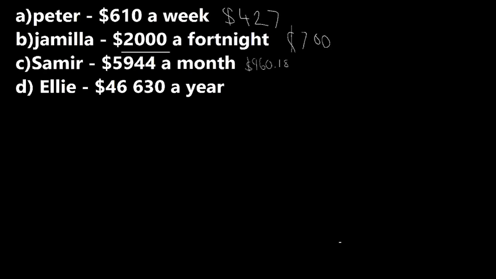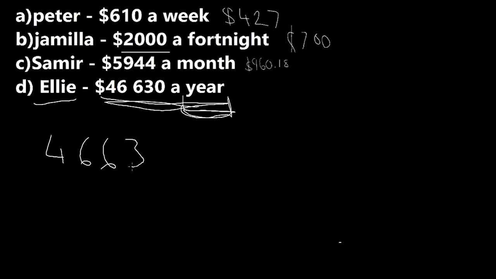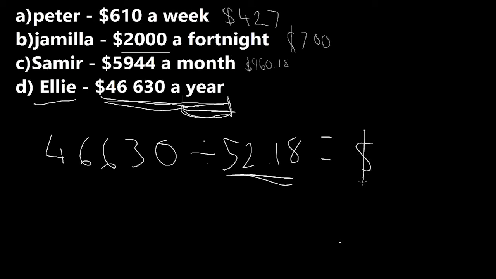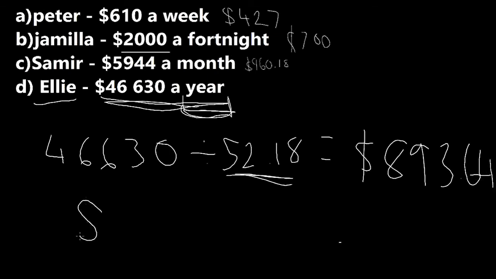which is going to give me $960.18. So now we have Ellie, who's earning what looks like a salary because she's getting paid by the year. So for her, we're going to divide her total $46,630 by 52.18. Because remember, if they have a salary, we have to account for those leap years. So that's going to give us a weekly payment of